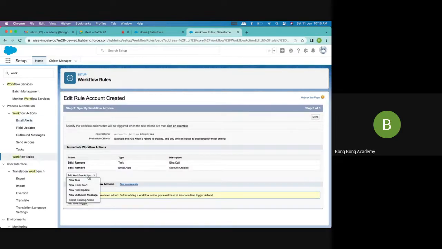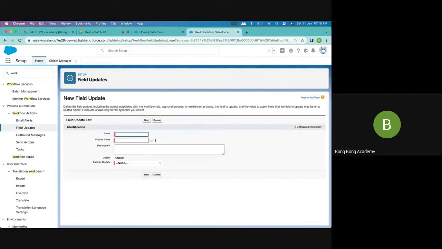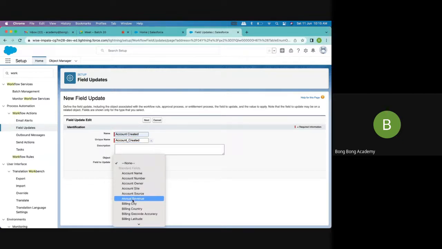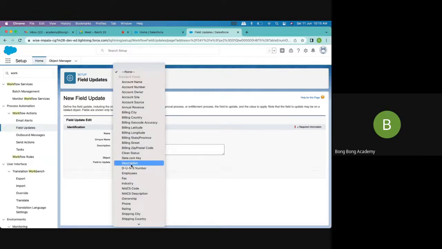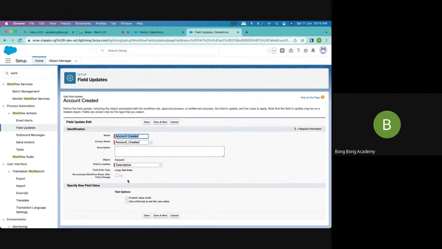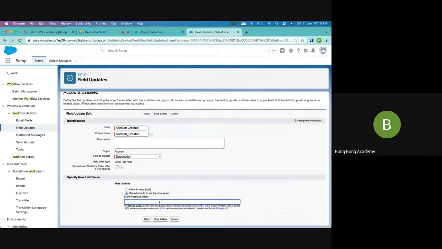That is it. What can you do? New field update. Let's see what we can update. Let's update the description, and we say use a formula field. What do I put here? I will put a quote and I will say that,